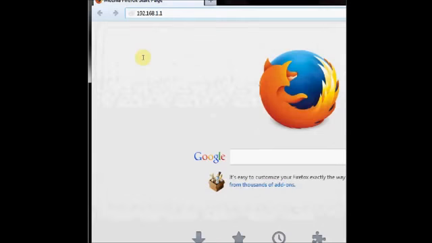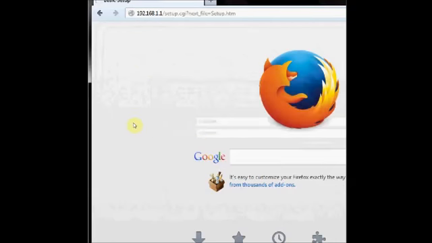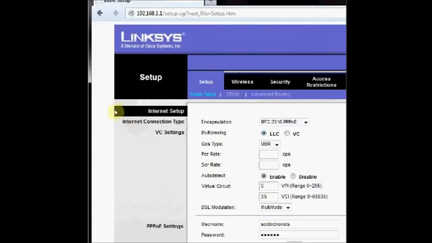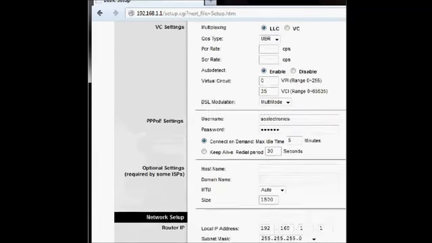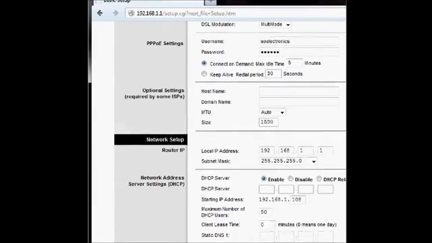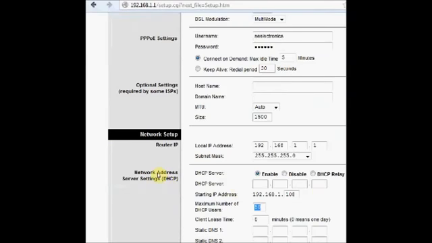Type in that router's IP address inside a web browser, 192.168.1.1. Enter the username and password. Mine is the Linksys router. Here are some of the lists of routers with IP address, username and password. If you scroll down the list, you can see the router's IP address